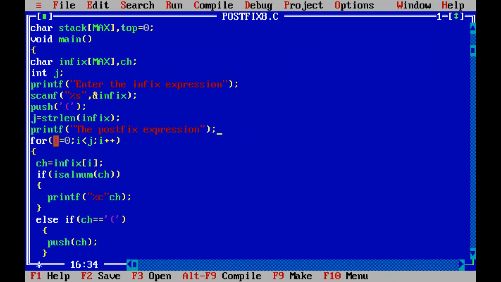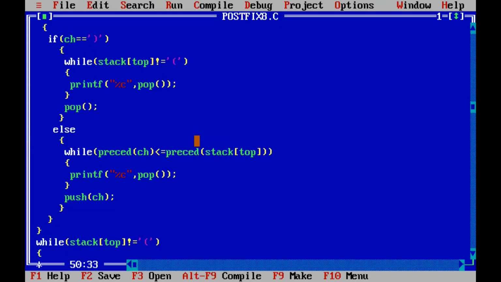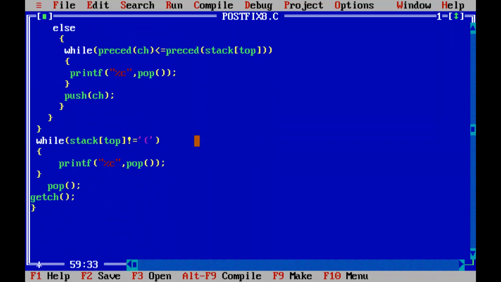So for that, you can give a line, the postfix expression is, if you want to give it like that. Now, if you want to give a clear screen, you can give it over here, clrscr. And new line characters, that you can obviously give for the formatting. So all this formatting you have to do parallelly. So we closed the main bracket.